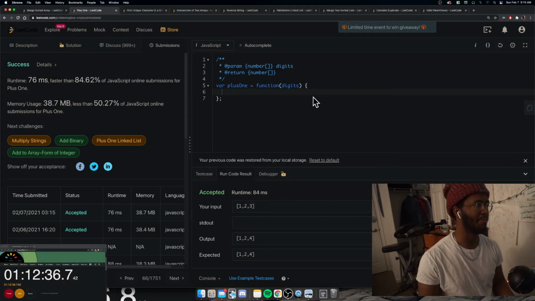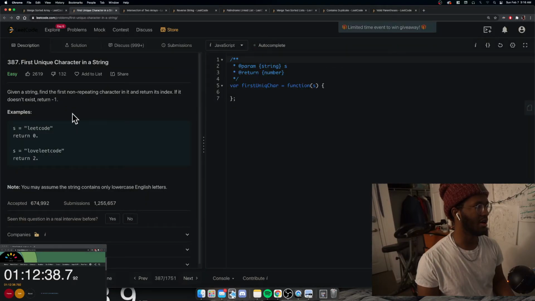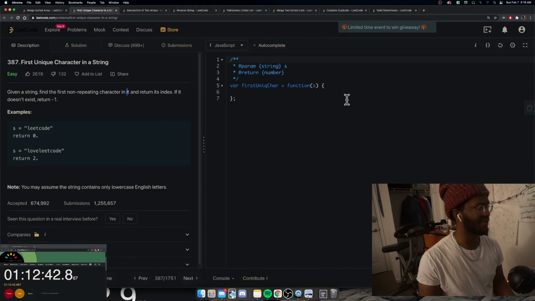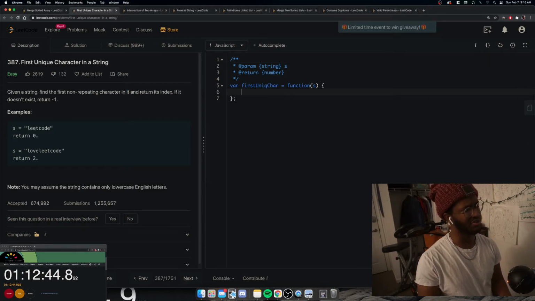Okay. Given a string, find the first non-repeating character in it and return its index. So we just have to find the first unique string. So to do this, you can just create ldict, which is just going to be equal to a dictionary,